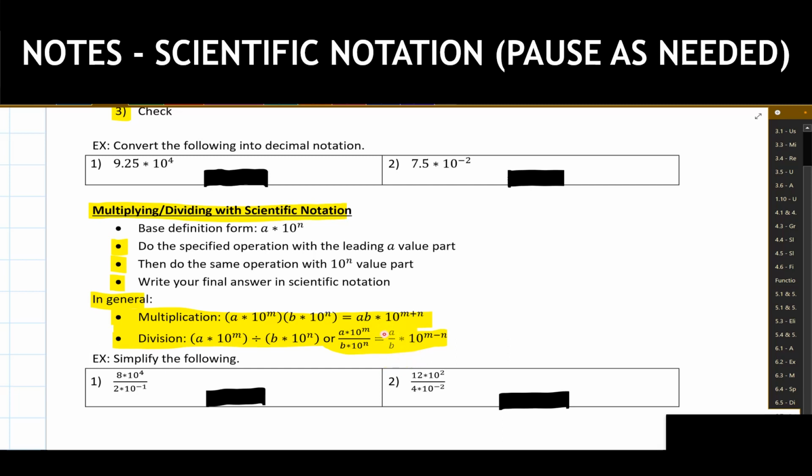And then when it comes to the 10 to the raised powers, I'm doing the m minus n power here. We see that written out in our final answer here. So as we're going through, again, take it in parts. Take the real number part, take the 10 to the whatever power part, and deal with those and work with those two things separately from one another. We'll take a look at these two examples that we have down here, see how this plays out.